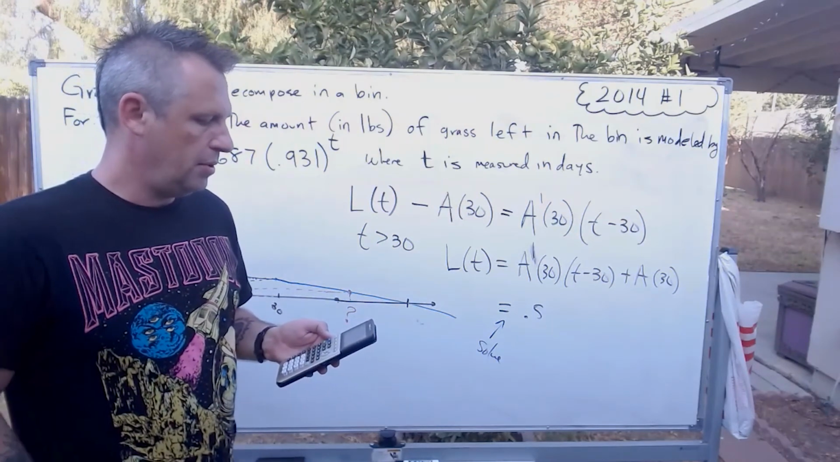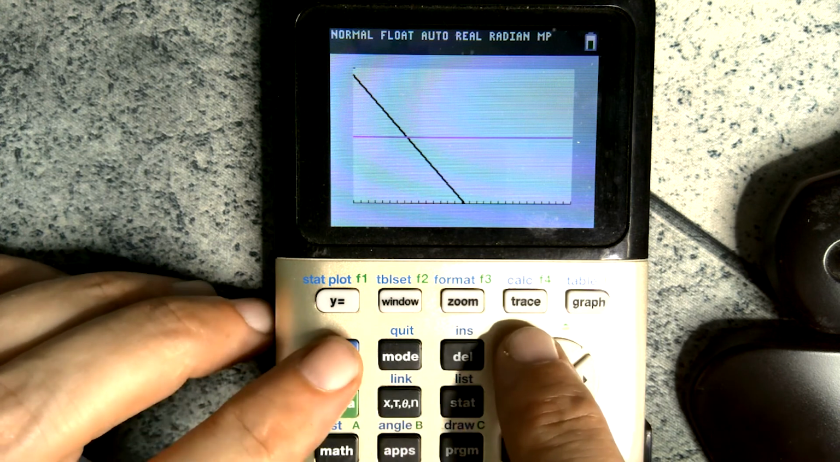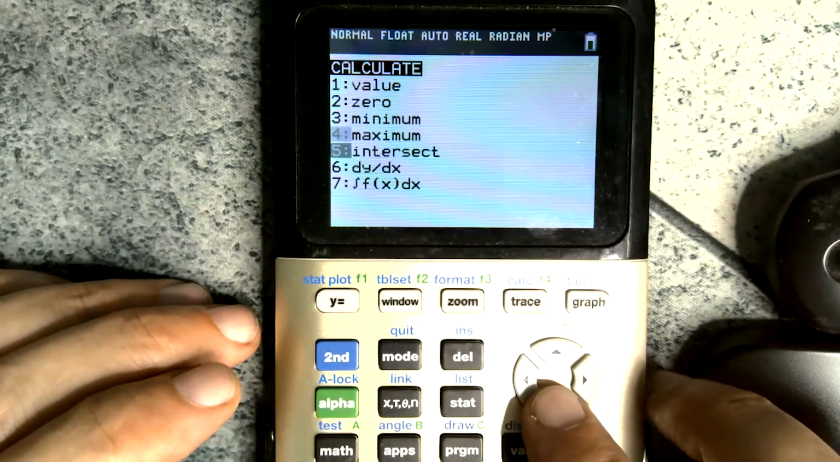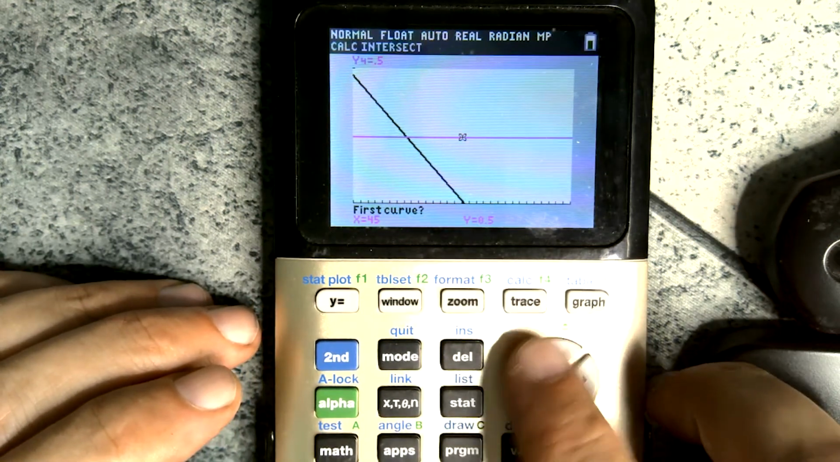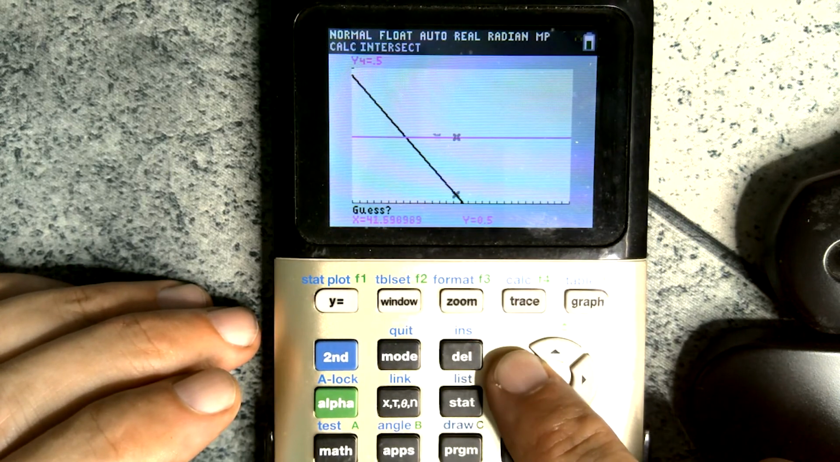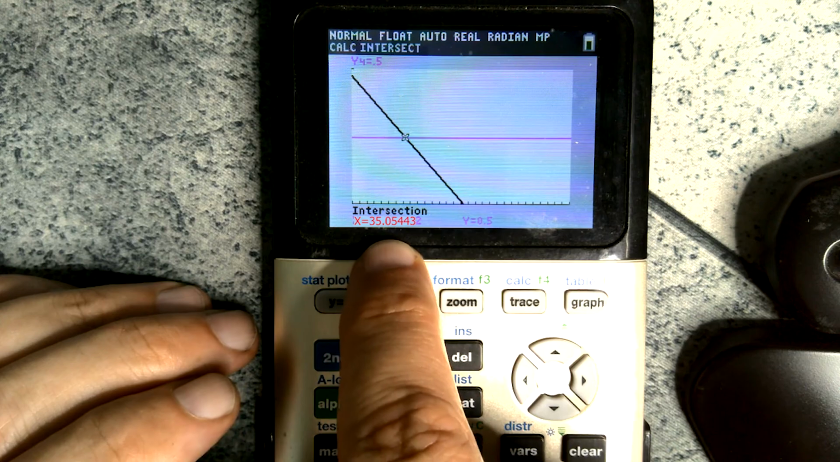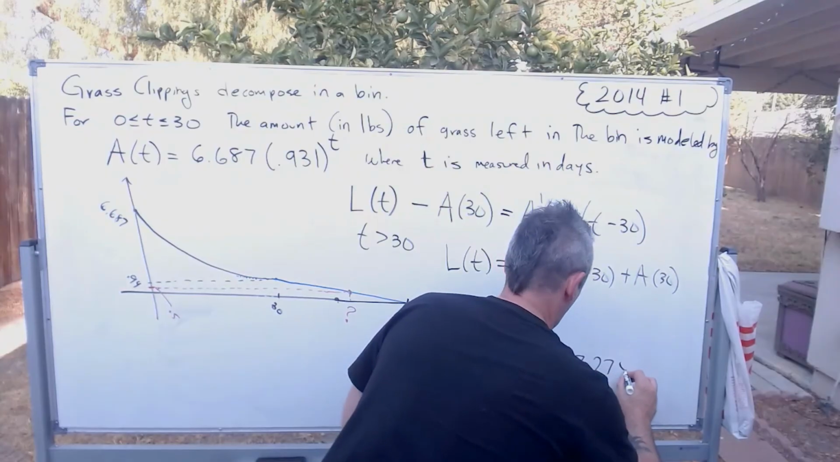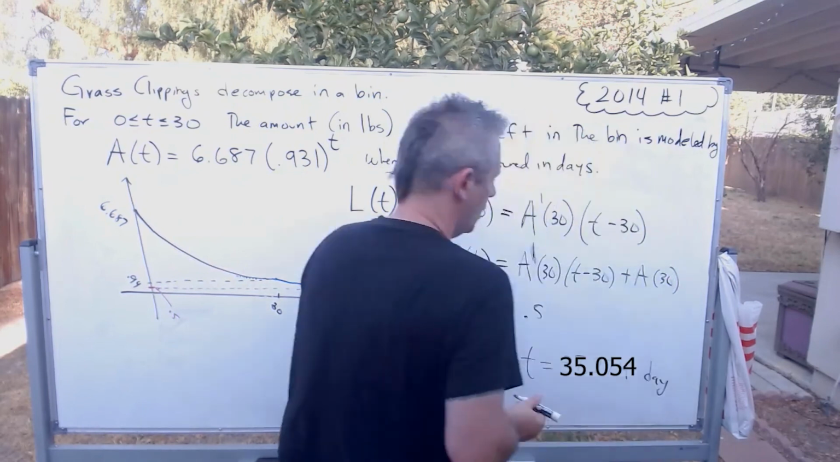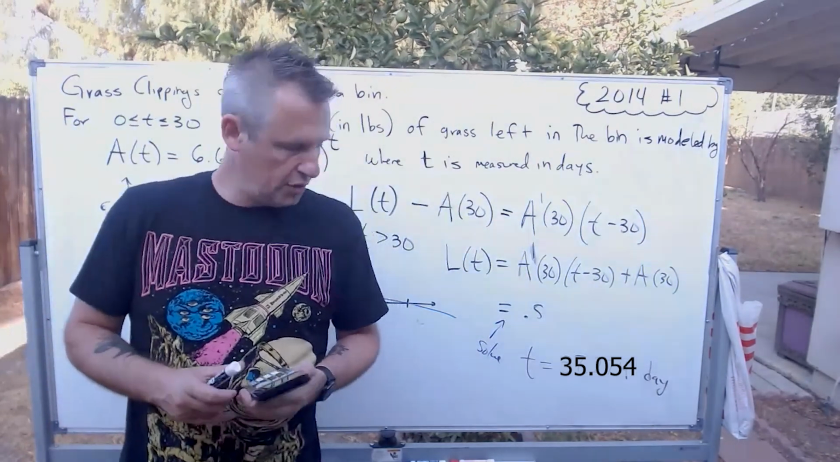So a nice line is being built here. There's 0.5. And then second calc, intersect. First curve, second curve. Yes. And it finds out that this happens when x, or in this case t, equals 37.274 days. I would probably write this as, this happens on the 37.274